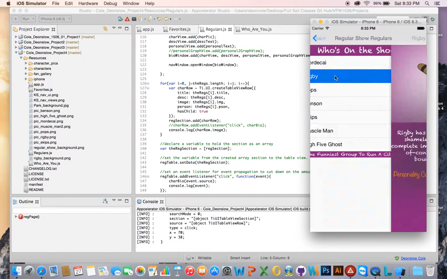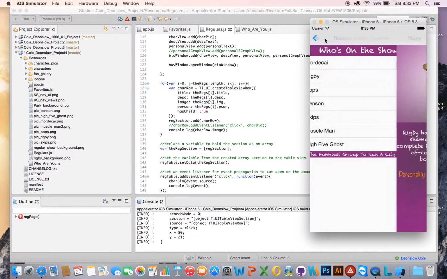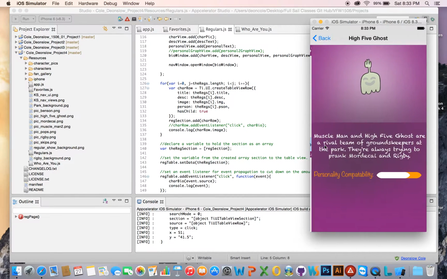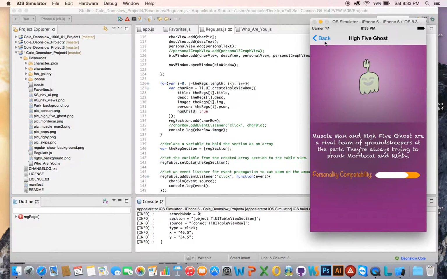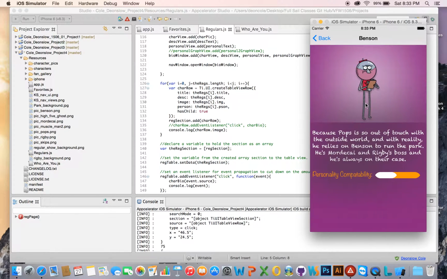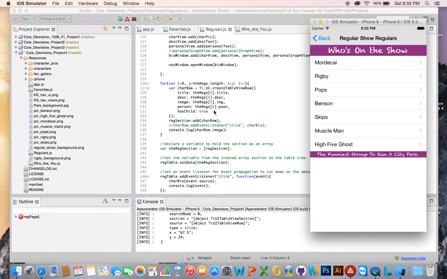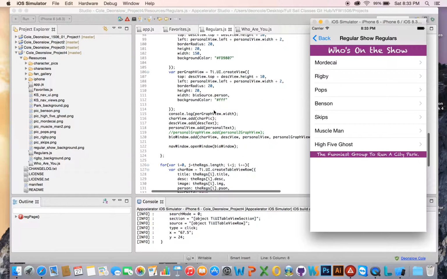Read about him with Rigby, Muscle Man, High Five Ghost, Benson, and the same thing. So it's running through our array and what we've created and putting it into each one where we have our source data